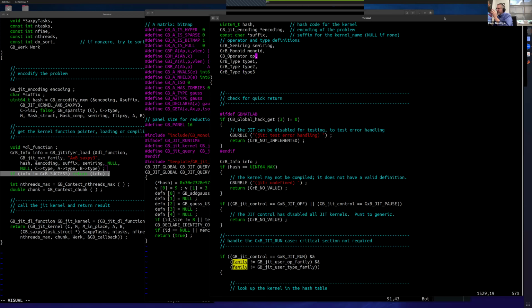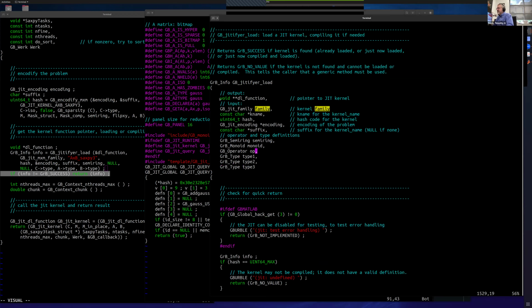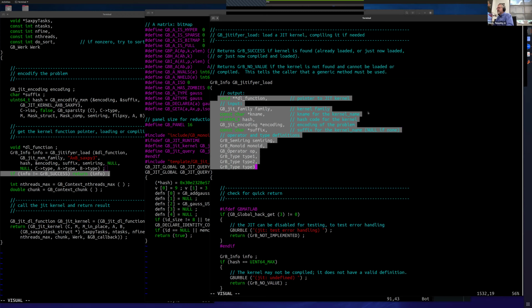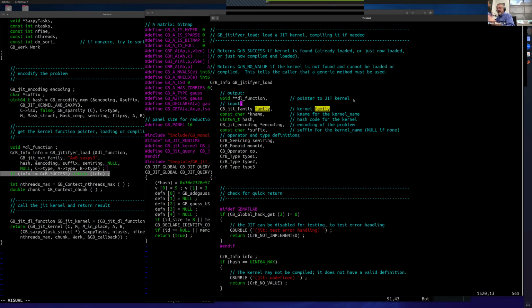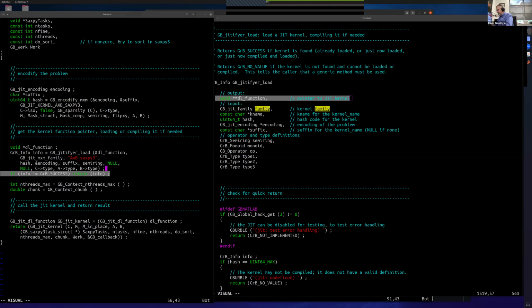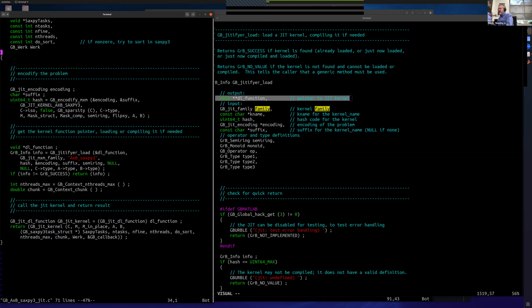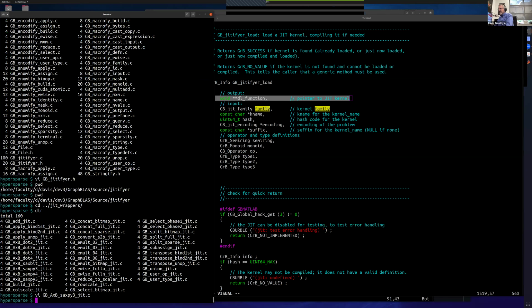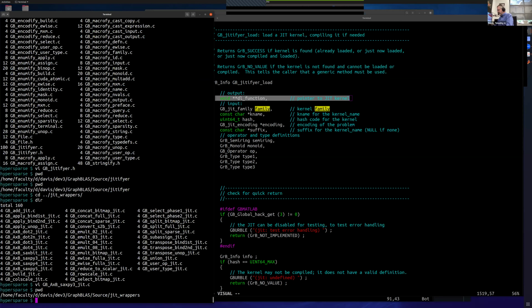So the goal then of this JITify load is if it doesn't see this particular JIT kernel with its types, it's like, oh, I need to build this function. And so what it first has to do is write the file we just saw. And in fact, I actually have, as an example, in this JIT, I have to, let's see,